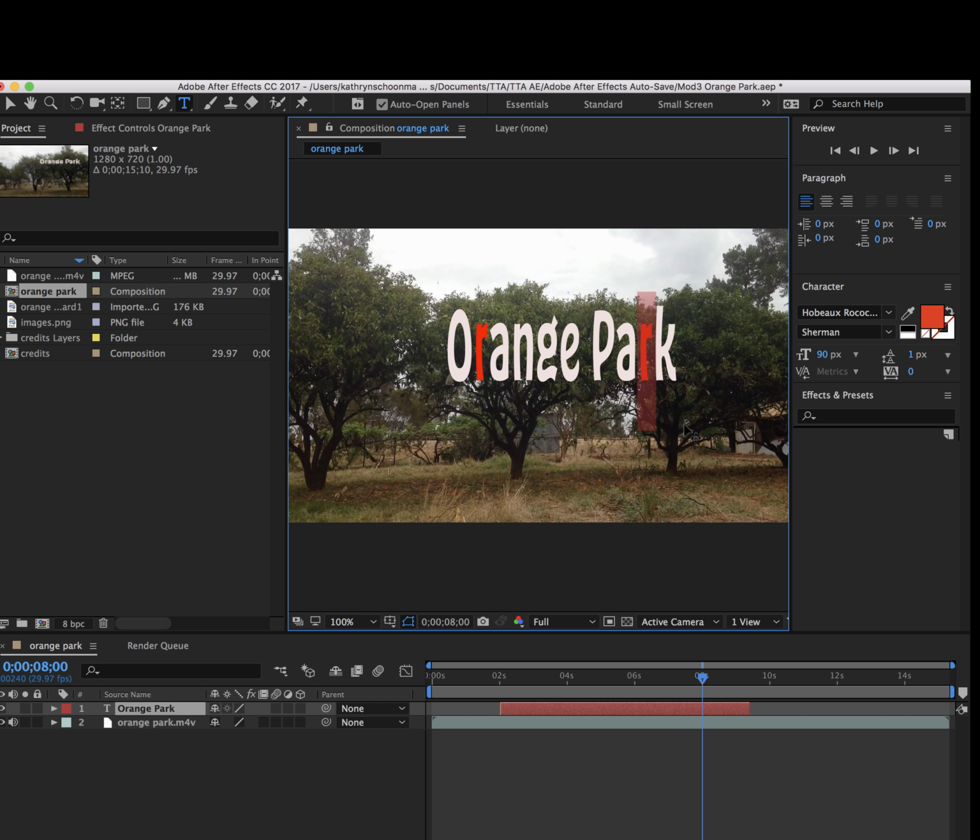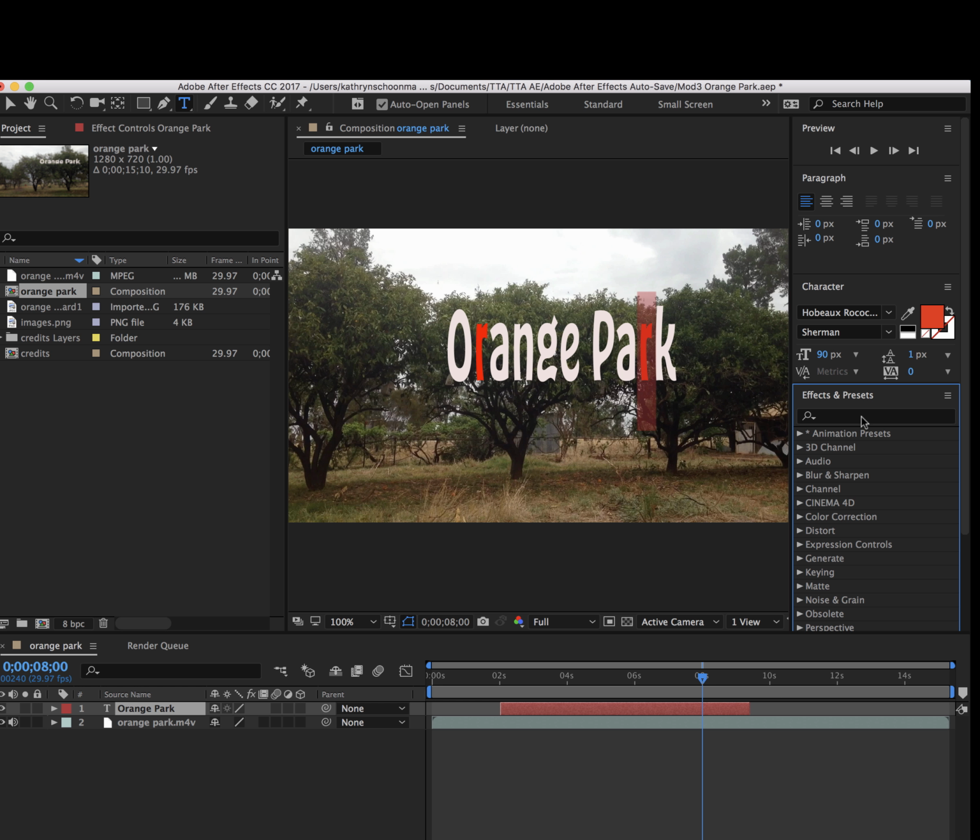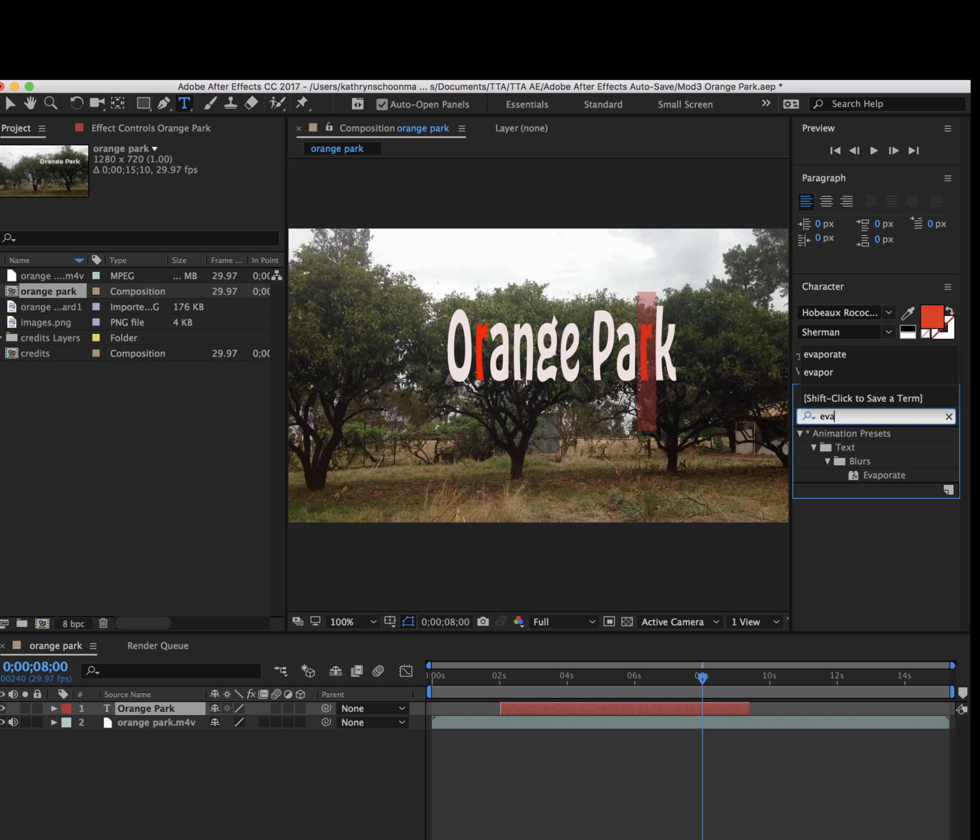And the other thing I'm going to do is find a preset. So I found a nice evaporate before in the blurs section. And here it is, so I'm just going to stick that over here. So that's going to evaporate at a certain stage, and you can see the blue line there, and that's where